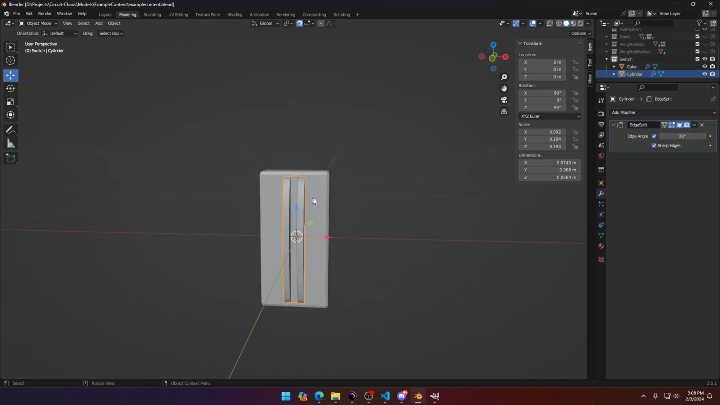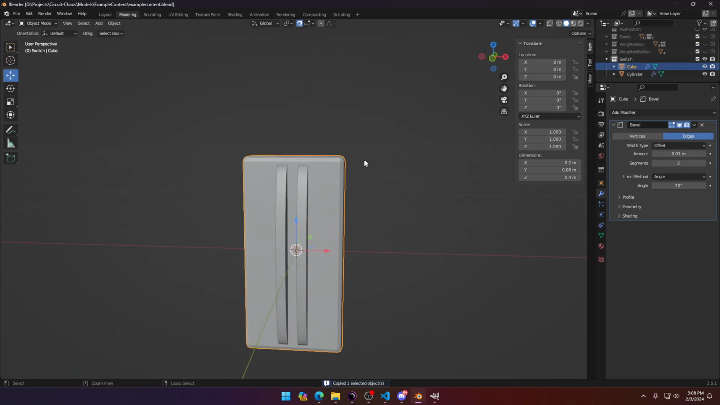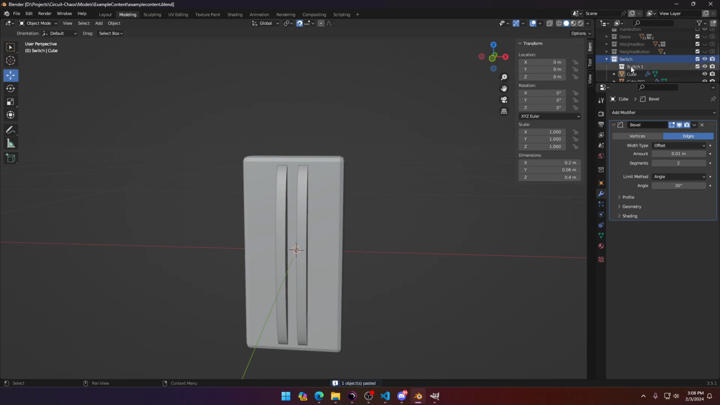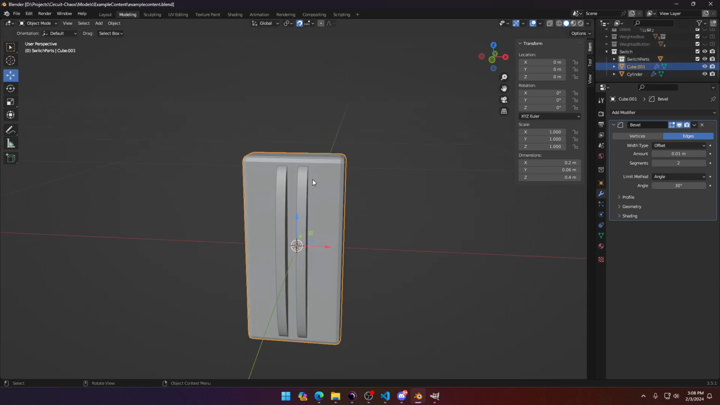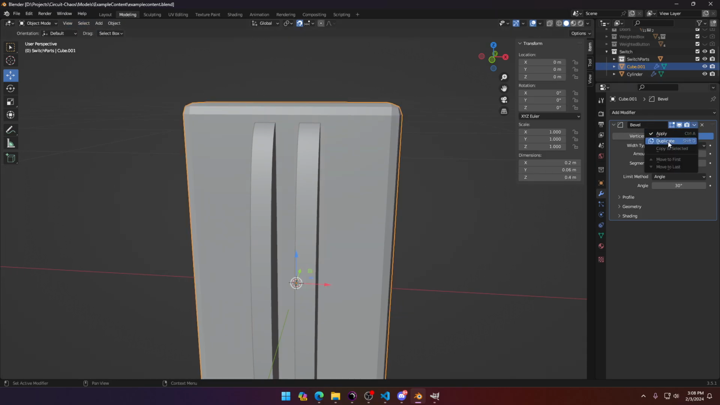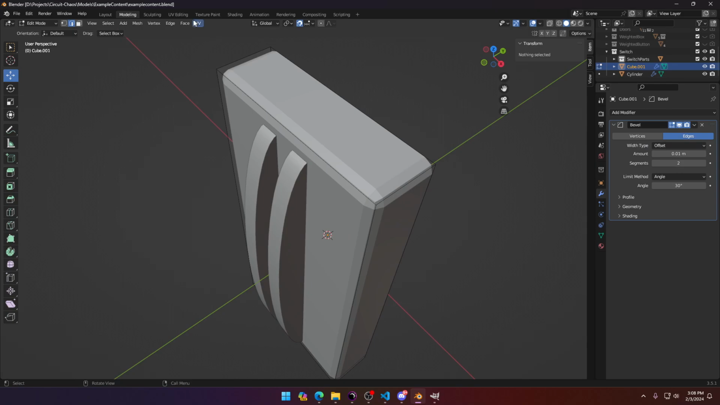All right, so we got this. I'm actually gonna duplicate this. I'm gonna make a new collection and call it switch parts, just in case I royally screw up. Just gonna put that there. Now I want to apply this modifier. Right now it's beveled,